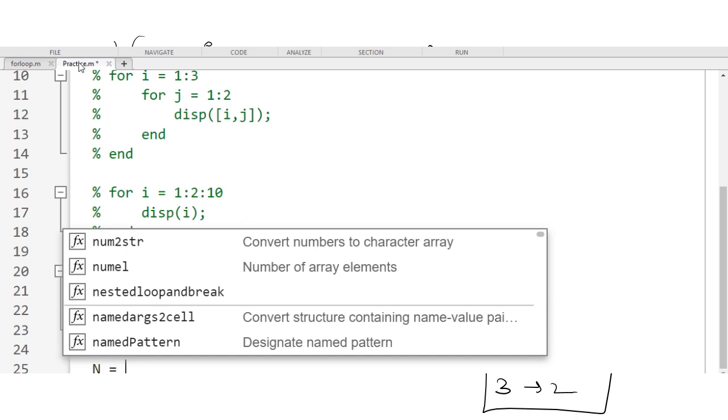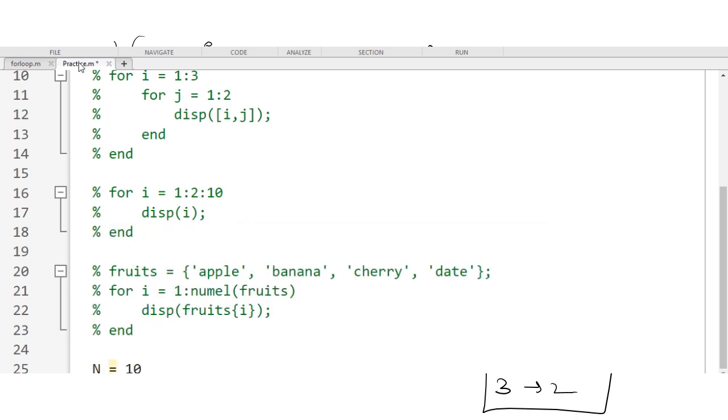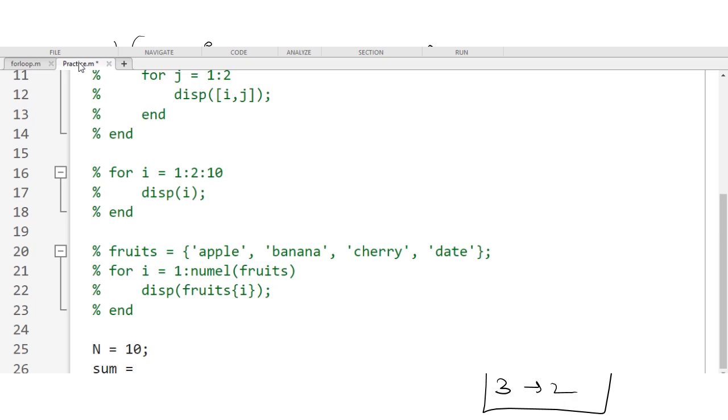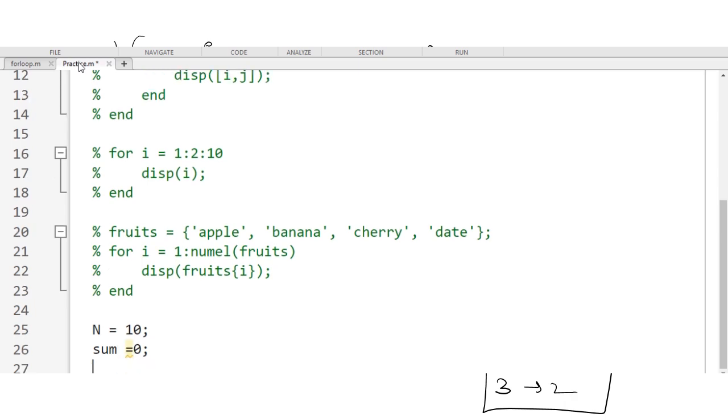N value is given as 10 here, and sum we don't know, so that value we are taking as 0. Initial value we are giving, and for i is equal to 1 to n,